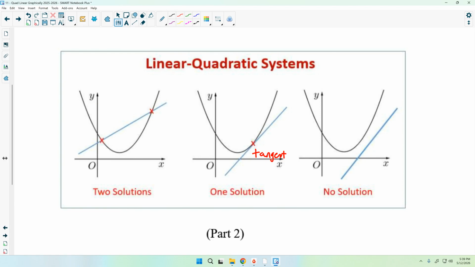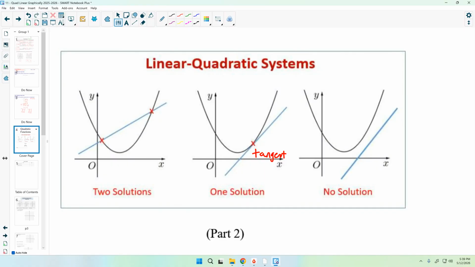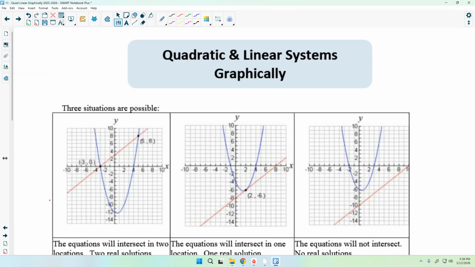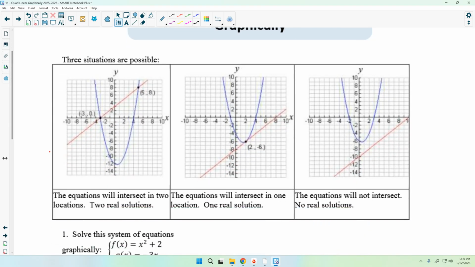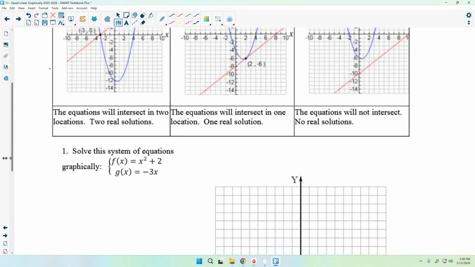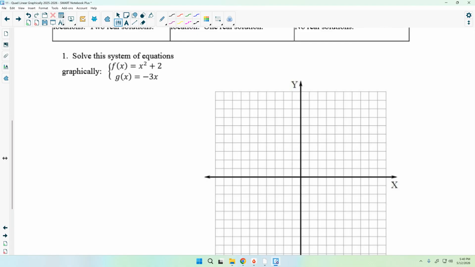Very much like our systems of equations, we can solve these by either graphing or taking an algebraic approach. Today we're going to take a graphic approach. Okay? So again, we're just showing our 3 options of solutions: 2 solutions, 1 solution, or no solution, meaning the line and the quadratic do not intersect. Okay? So our first system, we've got f of x equals x squared plus 2, and g of x equals